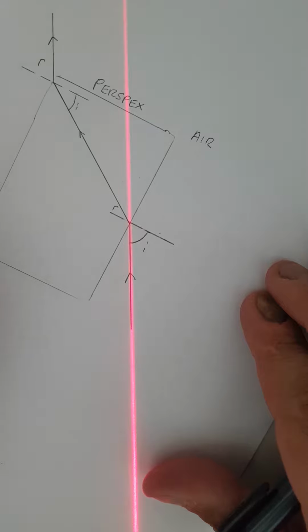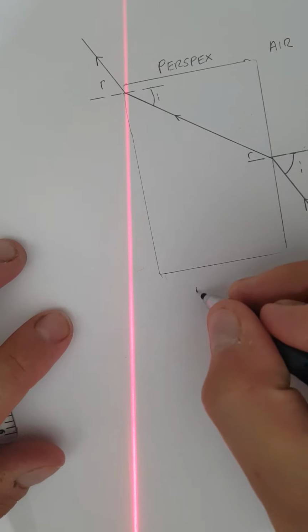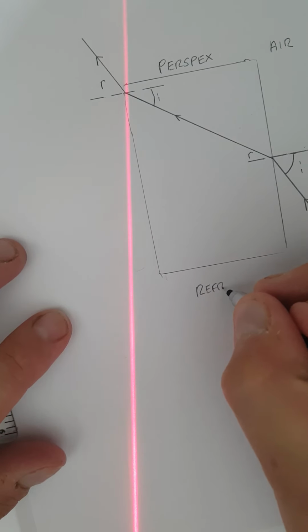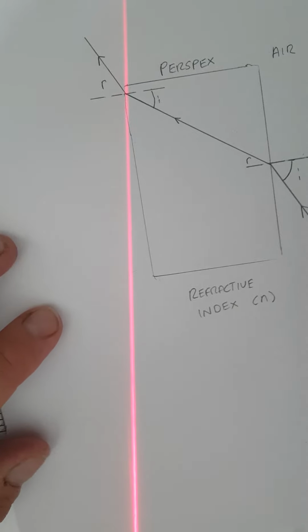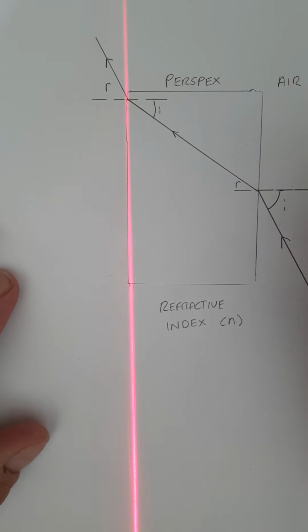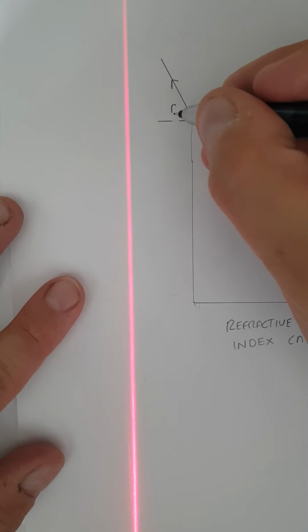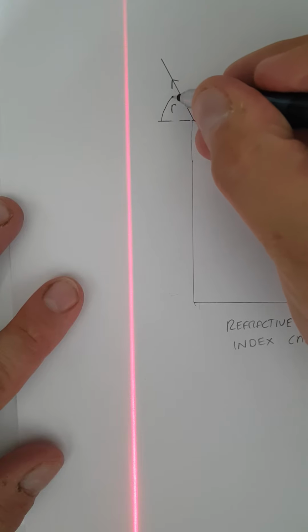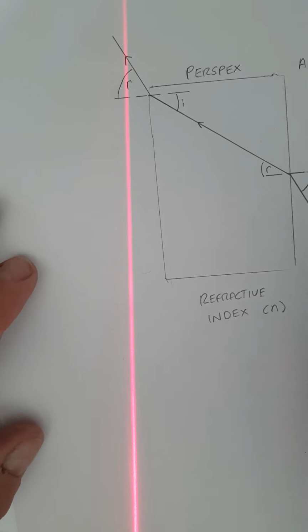Glass and perspex have different densities, and so they have different refractive indices. The refractive index, given by the symbol N, no unit, gives us an idea of how much refraction is going to take place. In higher physics, we actually look at measuring these angles with a protractor, and we see that N